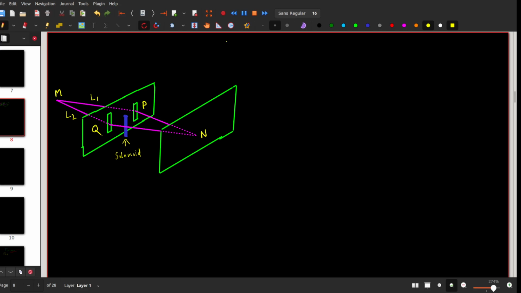And we also calculated the probability for a charged particle to be at a point n on the screen, and we found that this probability was proportional to 1 plus cos of phi, where phi was the phase difference